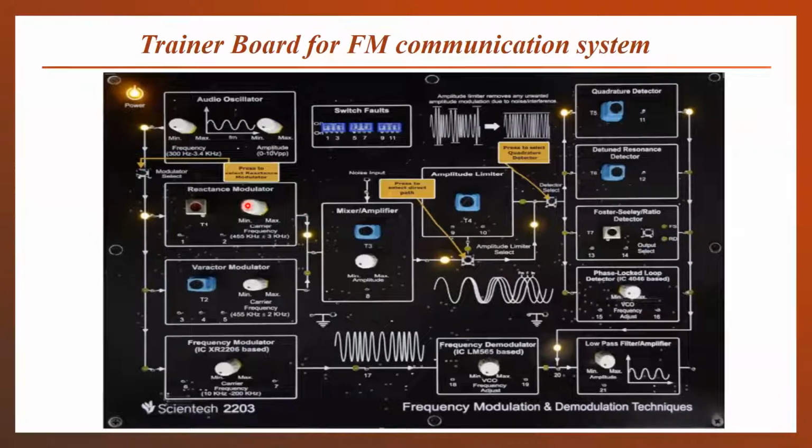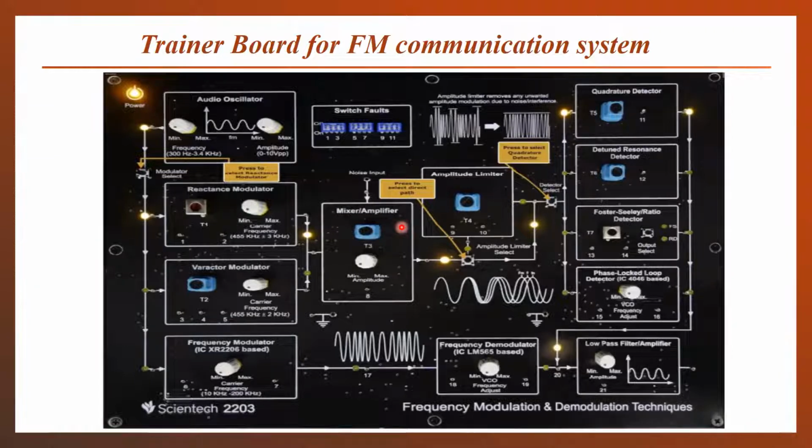So the output of the reactance modulator is provided through a mixer or amplifier circuit. What is the mixer amplifier? It is used to amplify the amplitude of the signal. The low amplitude of the signal will be amplified for transmission. Why has the mixer been written here? The use of the mixer is to mix the noise signal in our modulated input. When will it be used? When we have to deal with a noisy signal.